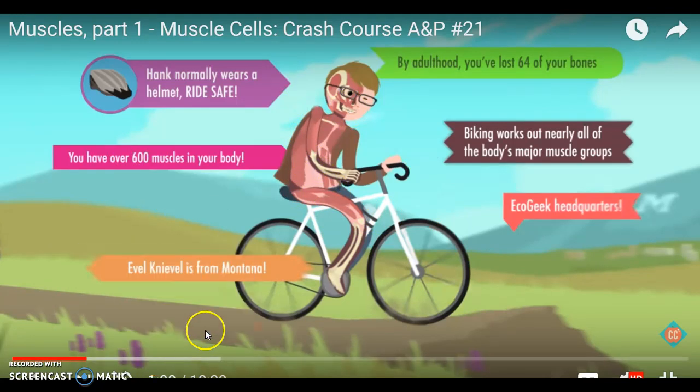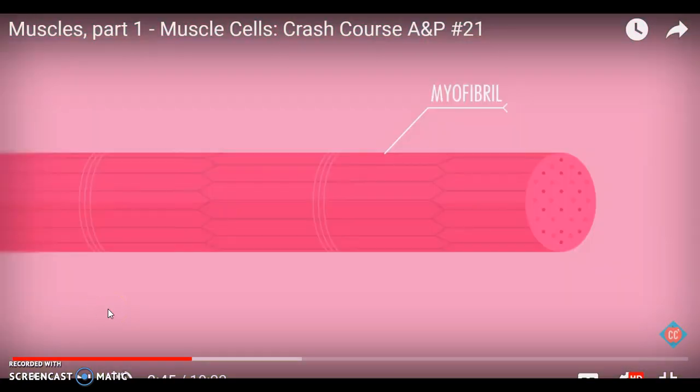But the question is what do they look like? So I want to do a quick show of just what they look like, each muscle cell. They're pretty interesting, and then we'll move on and talk about some more slides, okay? So let's see if we can learn a little bit more about muscle cells. All right, so we have 600 muscle groups in our body. That's pretty impressive, in humans anyways, right?